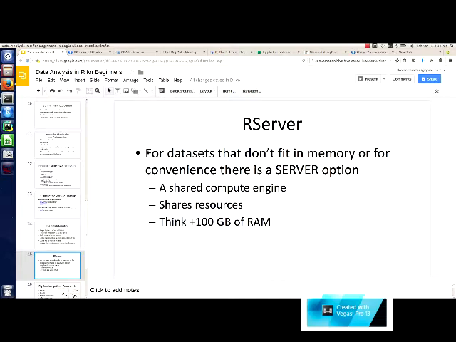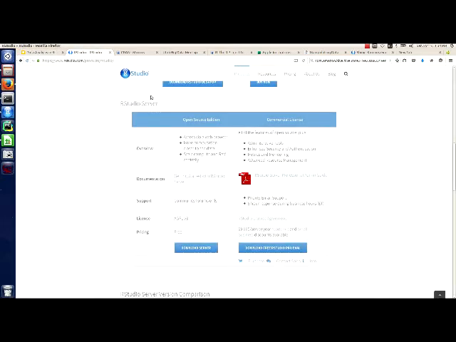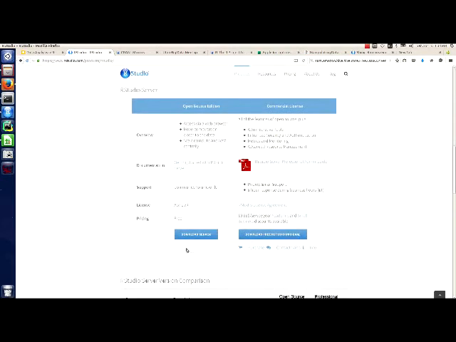But what you still need is, for example, RServer. This is one of the options through RStudio. You can download what's called RServer either as open source or as a commercial license. And I just downloaded the RServer. What this gives you is the ability to use shared resources.